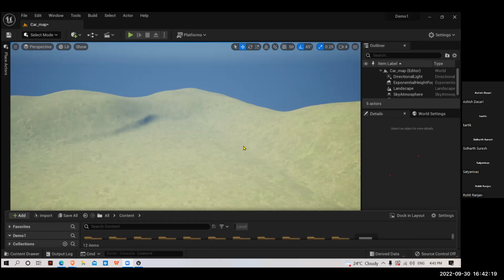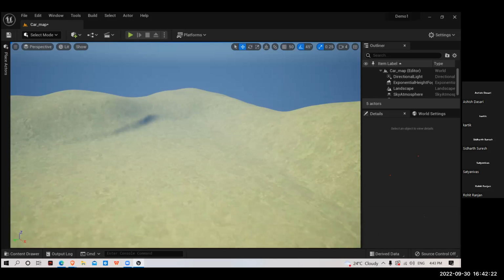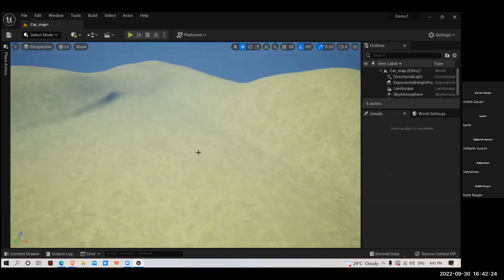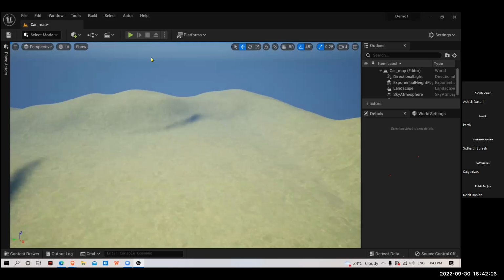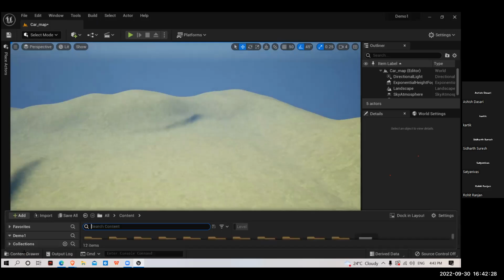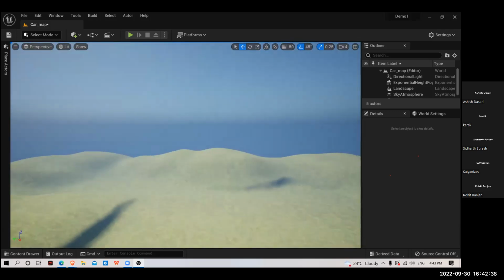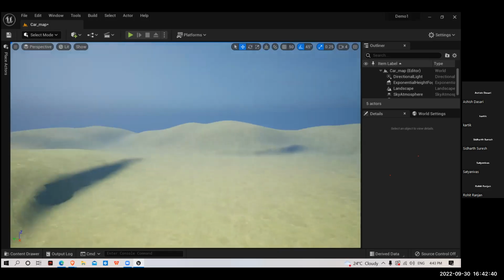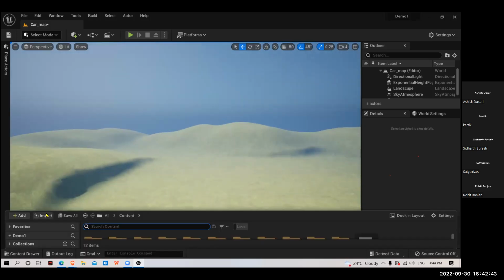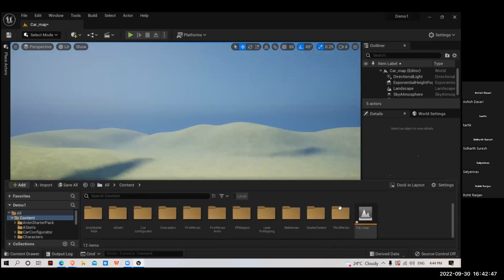So if you don't have any queries, we will move to the next topic where we can import assets from Megascans or Bridge. So here, this is my landscape. Now we will see how to import assets. If I go to content browser,